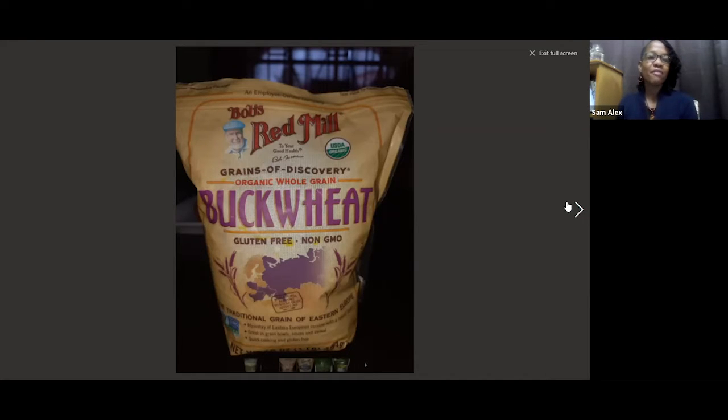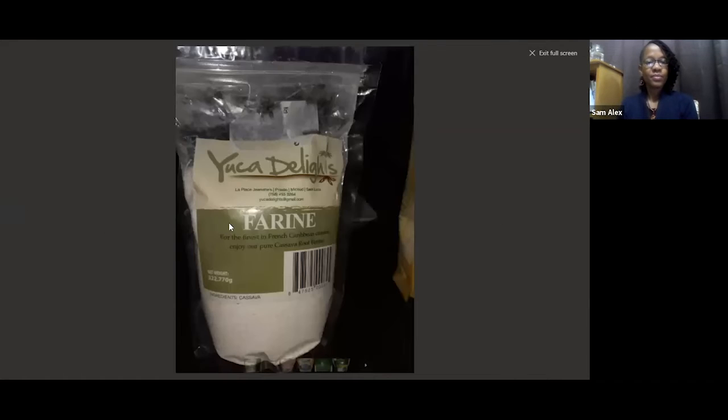Now let's go to the cassava farine photo. Okay, so let's look at this cassava farine. This is actually locally made. And as you may notice, there is absolutely nothing on the labeling that tells you if the product is organic. There is nothing that says if it's gluten-free. There is absolutely nothing that tells you anything about the nutrition of the product in terms of source of minerals, source of vitamins, fiber, whatever, nothing.